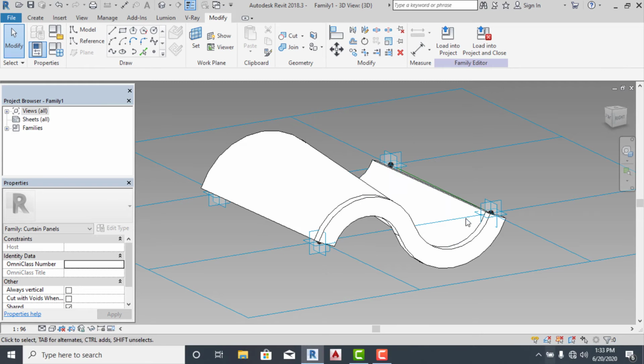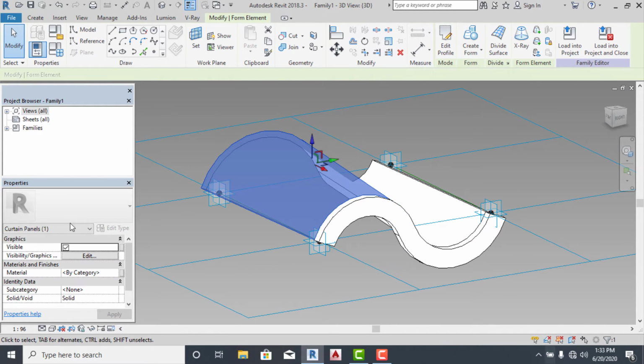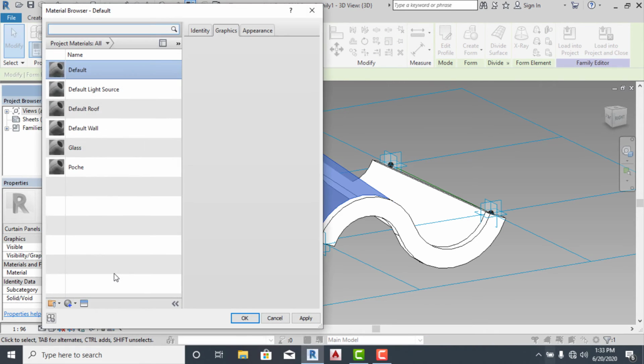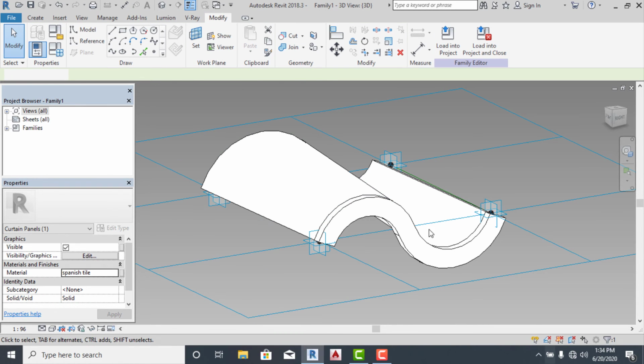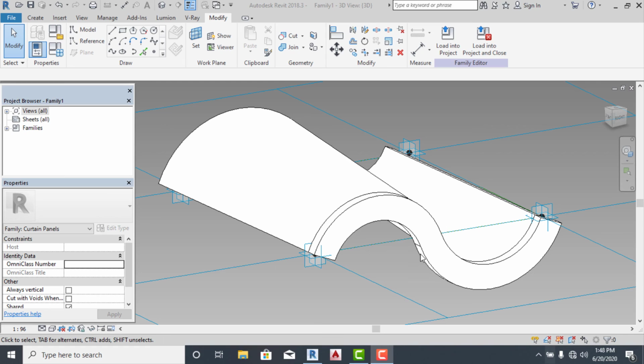Click on any part of the Spanish tie, and go to your properties, go to material, go to by category, click on it. It's loading, let's wait for it. So this shows up. Click on this icon, create new material. Let's rename it Spanish tie. When you are done, click on apply and click on OK. So you've created a material for a Spanish tie. This is also called 3D roof. To know how to apply it on your design, watch our tutorial on Revit pattern roof / Spanish tie.